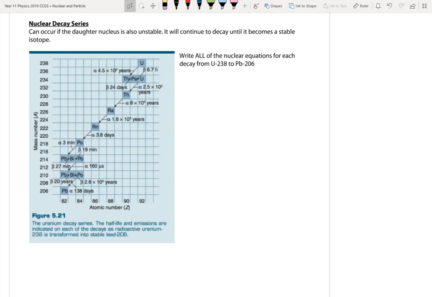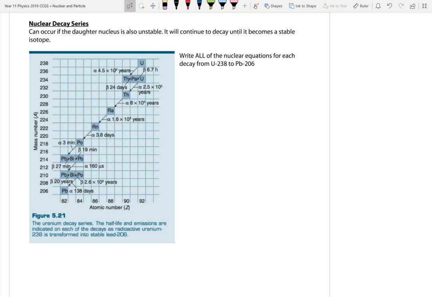Okay? So, if we start with uranium-238, here's the thing. It's fairly stable. You can look at the measure of its stability by a term called half-life. We're going to look at half-life next week. But it's basically the time for half of your sample to decay. So if you had a kilogram of uranium-238, in 4.5 billion years, a half of a kilogram would have decayed into thorium. So it's a very, very long half-life. But it spits out an alpha particle.